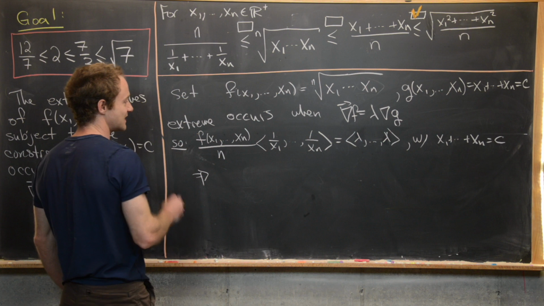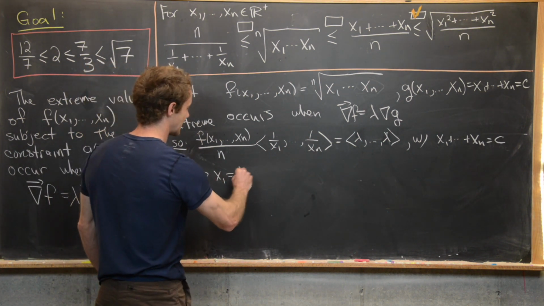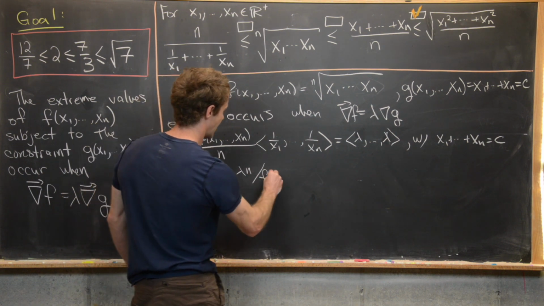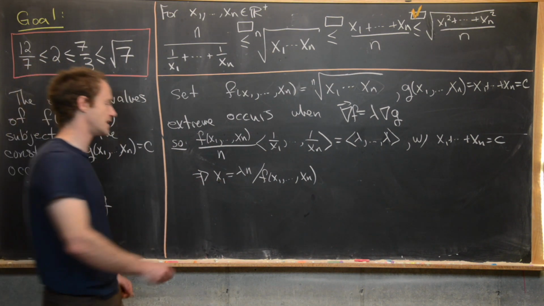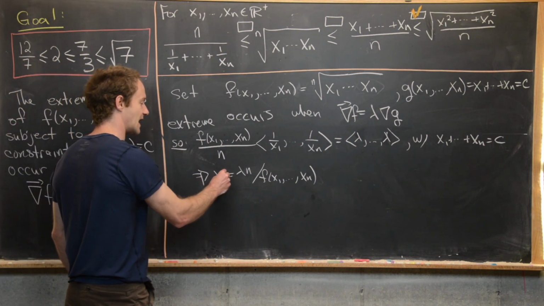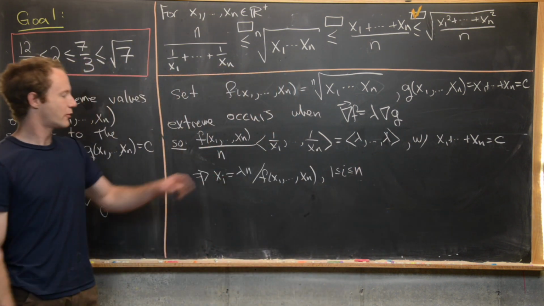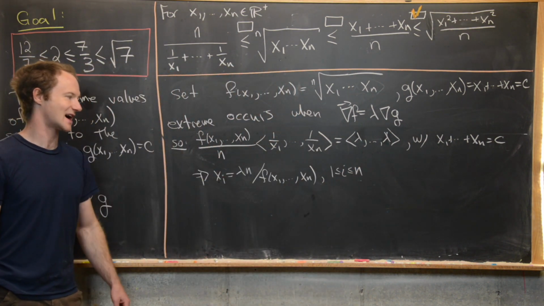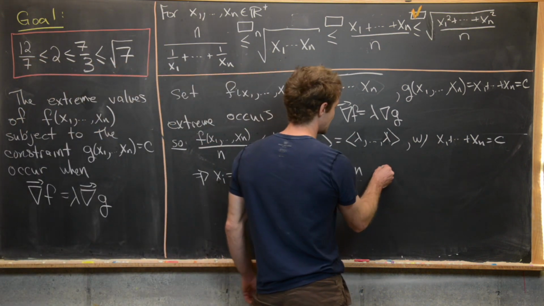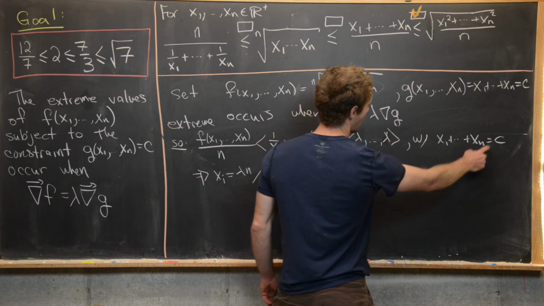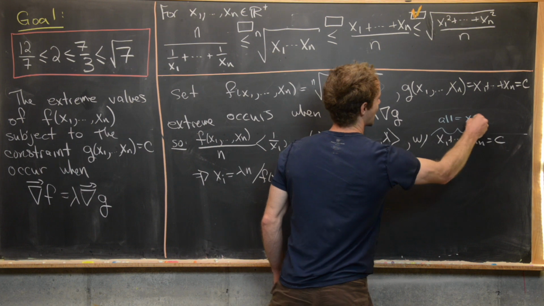So let's notice that this tells us that x1 equals lambda times n over f of x1 up to xn. But there was nothing special about x1 here, so we really could have put xi here, and this is going to be for all i from 1 to n. So the important takeaway here is that all of these xi values are the same. But into the constraint equation, that tells us that all of these are the same. So these are all equal to xi,